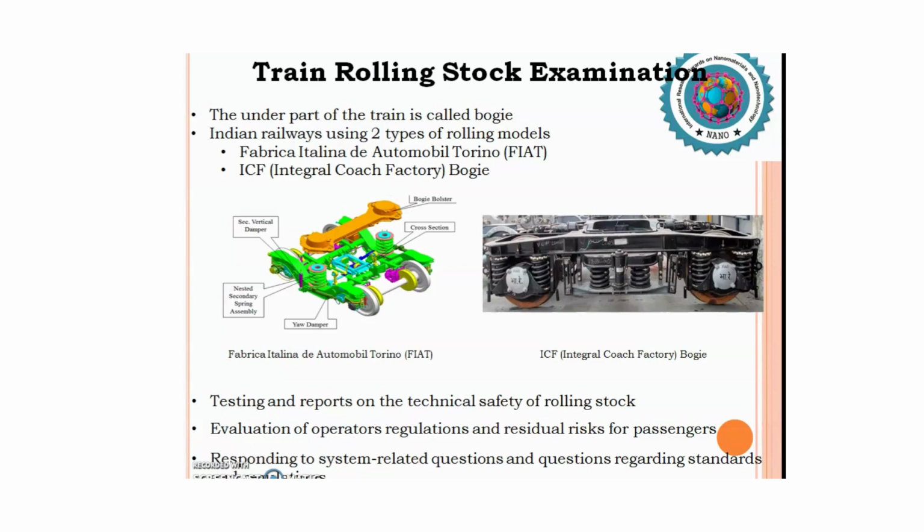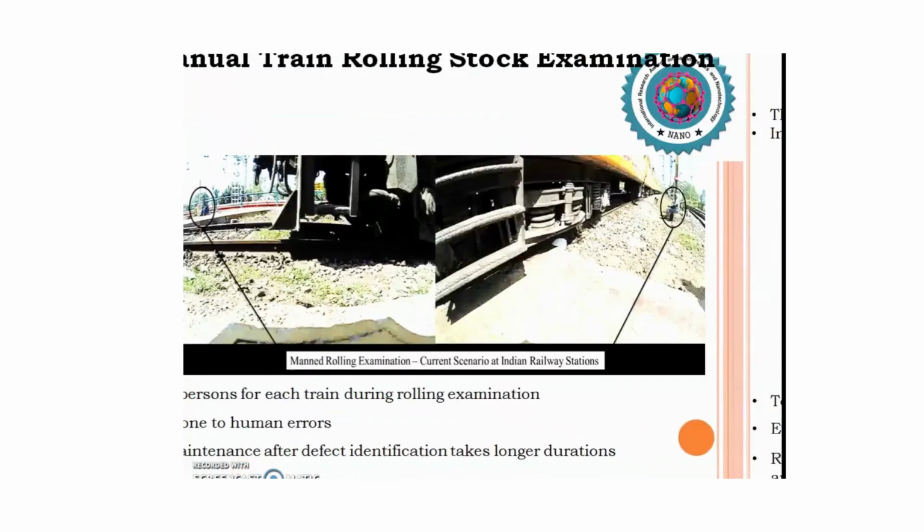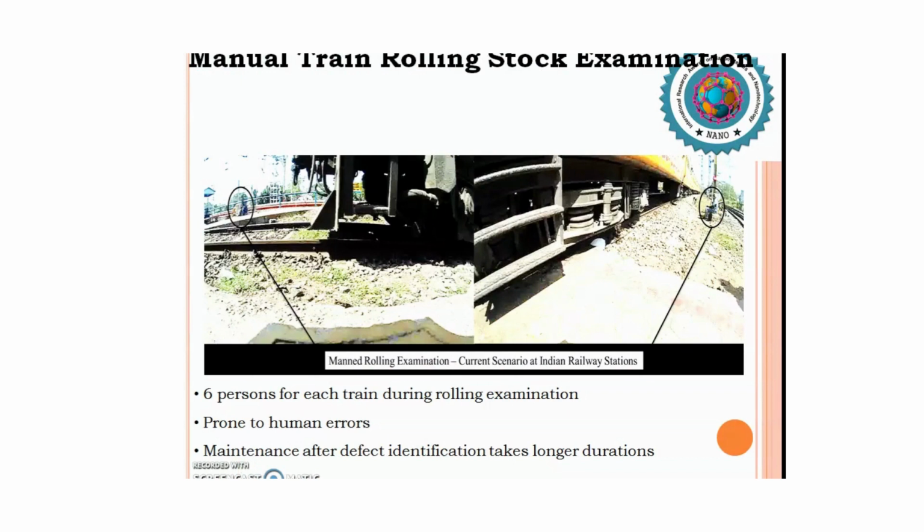In India, there are two types of bogies being used, that is FIAT as well as ICF. Many bogie parts are there. The health condition of the bogie parts is very, very important so that the train doesn't derail or any accident take place. In India, this is the manual rolling stock examination that they have been following